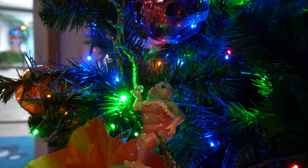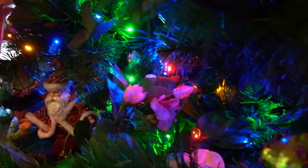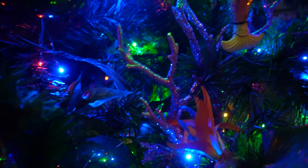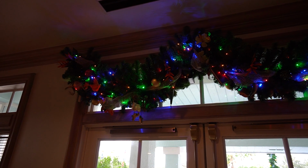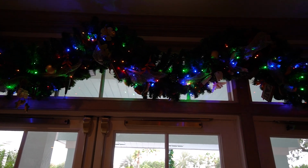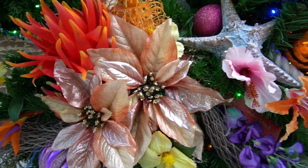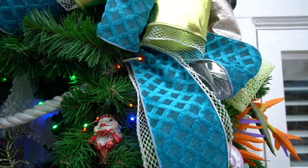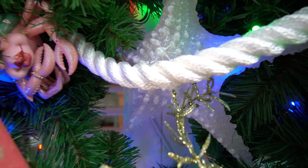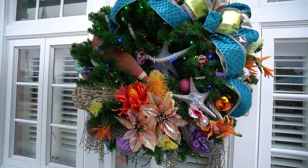Nemo. But it's got mer people and mer person Santas in it, and all the weird things. Yes. There's Mersanta. More starfishes and coral. Cool. Very, very Key West vibes. Tucked away in the lobby. If you did online check-in, you'd probably never know it was there. Got little ropes and oar pieces and